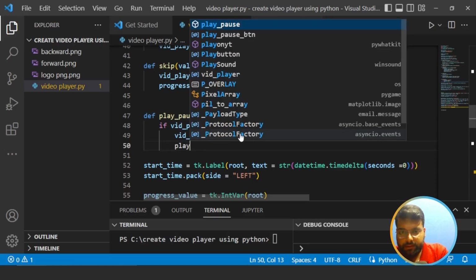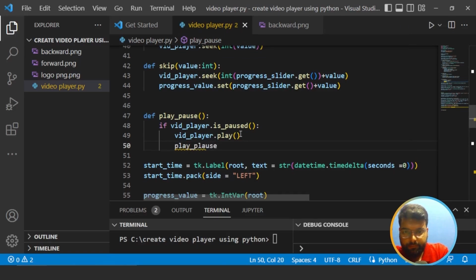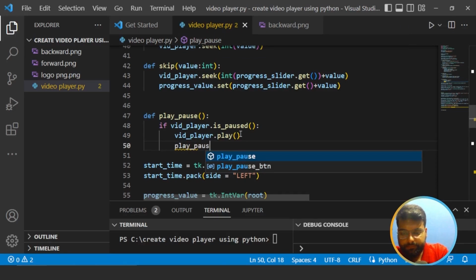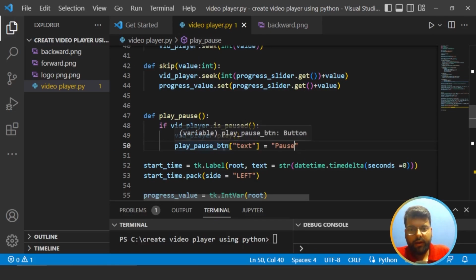And now we'll set its text play underscore pause underscore button, and inside the square brackets we'll pass the text that would be equal to, if the video player is paused, so we'll play it and set the button text as pause,